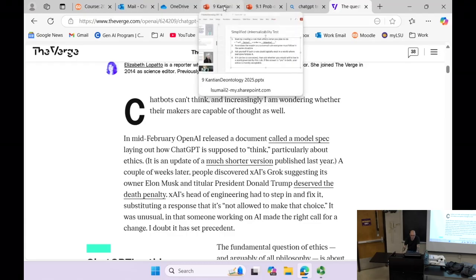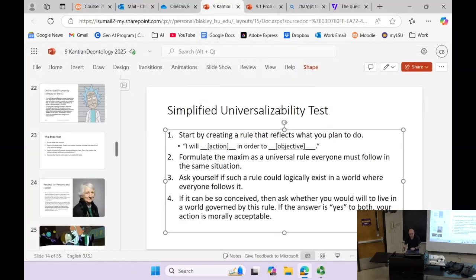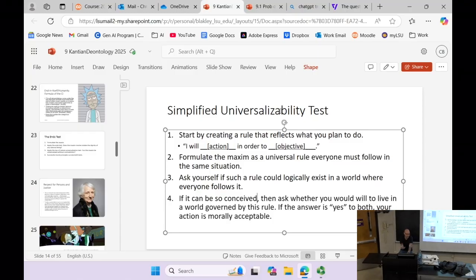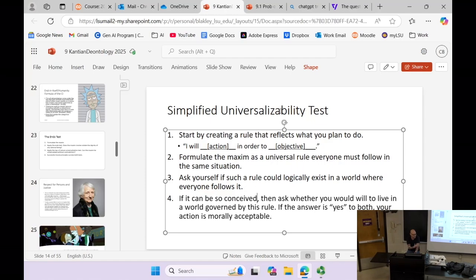So what we want to do today is go over a little exercise on the universalizability test. It was introduced in the remote lecture. So again, this is moral reasoning according to deontology, a slightly simplified version of this. Deontology just means the study of duties. All the moral theories that we're looking at right now have duties, but they don't all justify them the same way, right? So